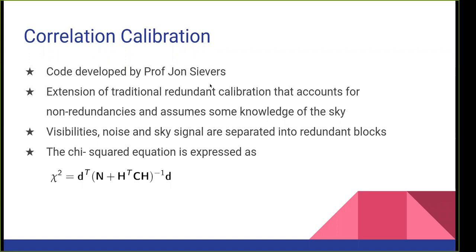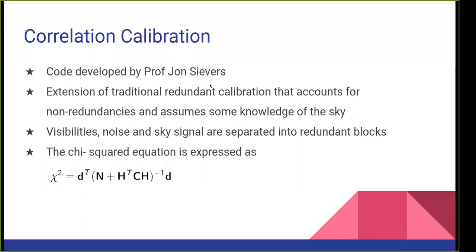So if, for example, you have a perfectly redundant baseline like you would in redundant calibration, your redundant blocks will just be organized exactly according to your redundant baselines. But if, for example, you input some dish offset, and your baselines are no longer completely redundant, then you can determine how redundant your baselines have to be for them to be considered in the same redundant block, if that makes sense. So yeah, increasing the number of redundant blocks if your array has really bad dish offsets is an option that's